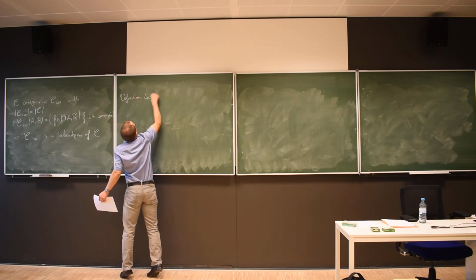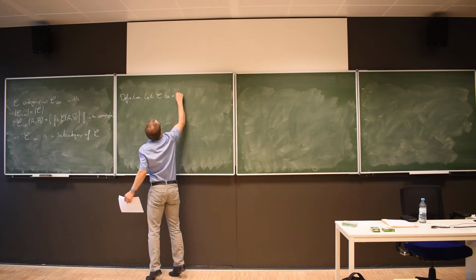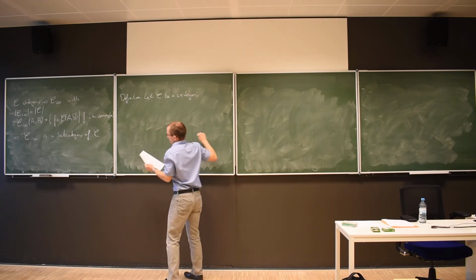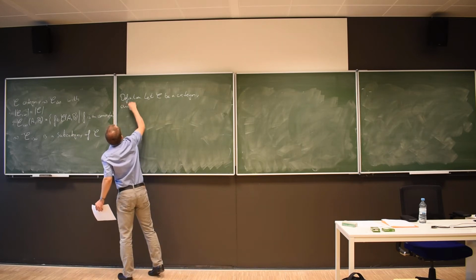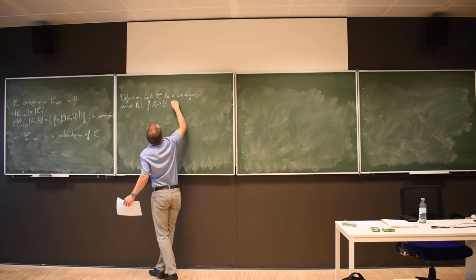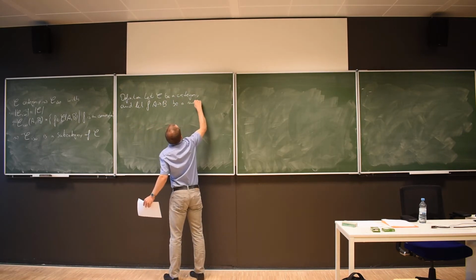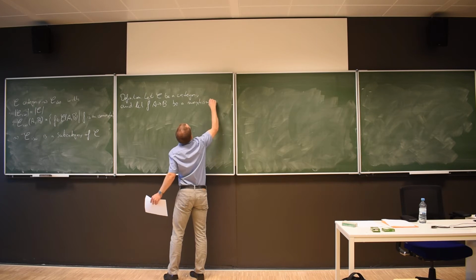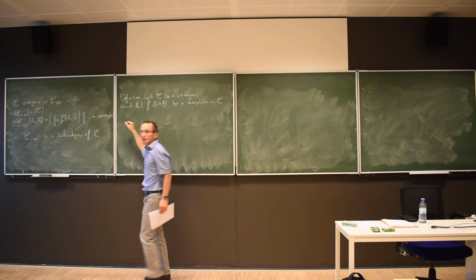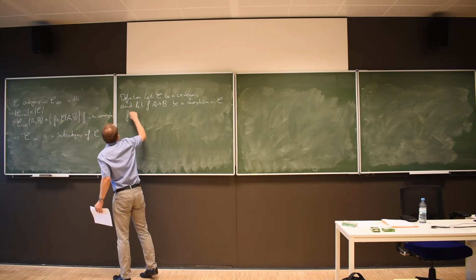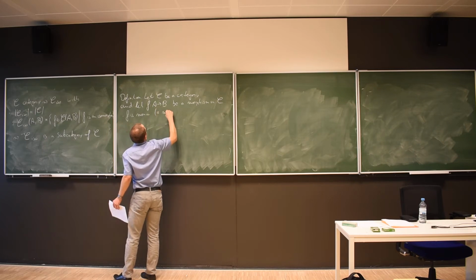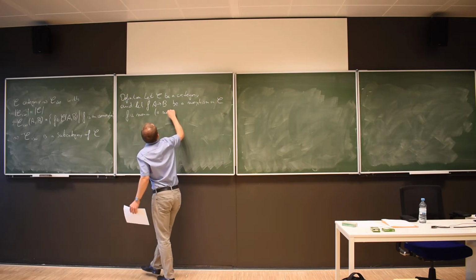So let C be a category, and let F from A to B be a morphism in the category C, then we say that F is monic, or we also say that F is a monomorphism